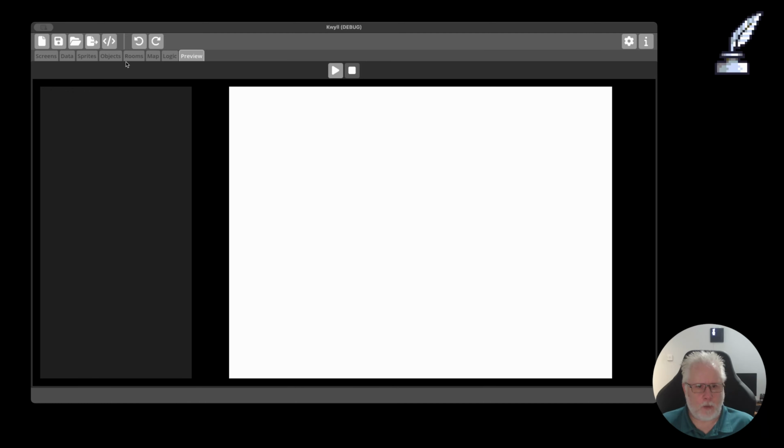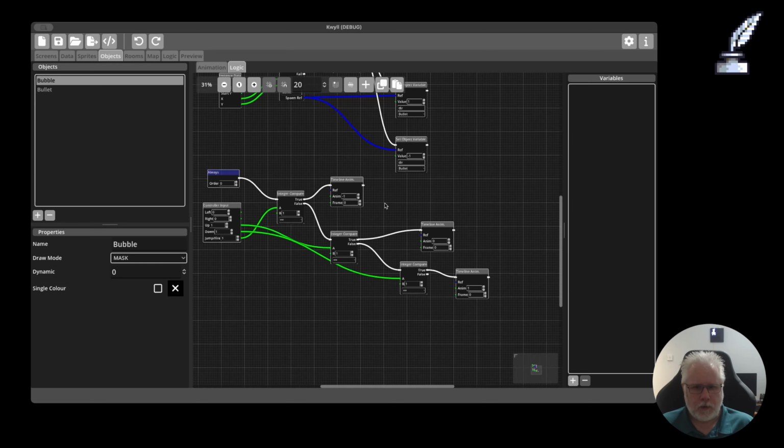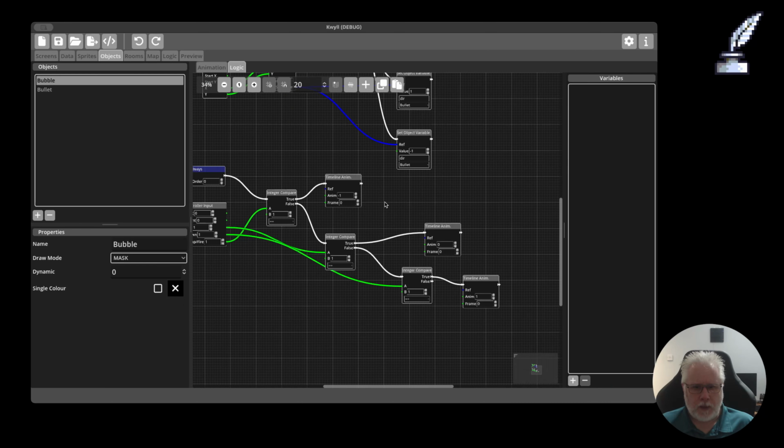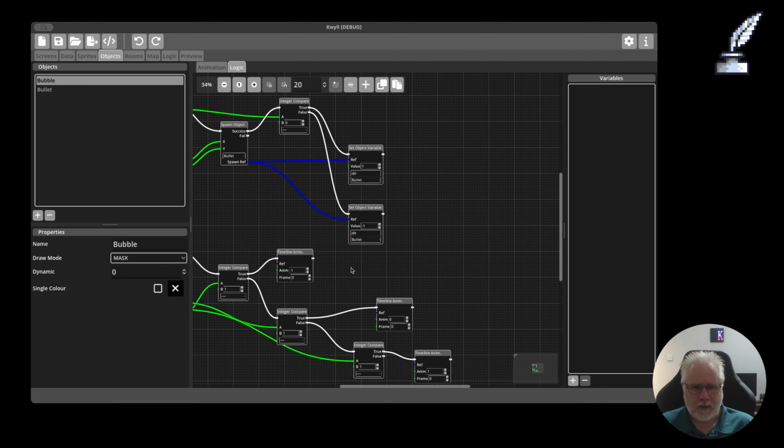So going back to the logic where I was shown before, the next feature is all about the logic editor. Anyone who's seen me work with this before in any of the videos, or anyone who's used it, will know that if you right click in the area back here in the board, it pops up a pop-up menu with a list of all the different node types that you can create, and you have to find in a nested menu which node you want